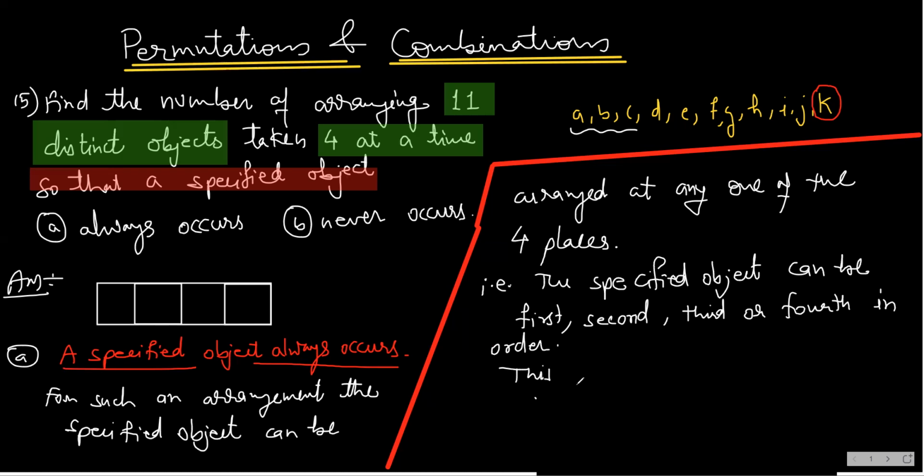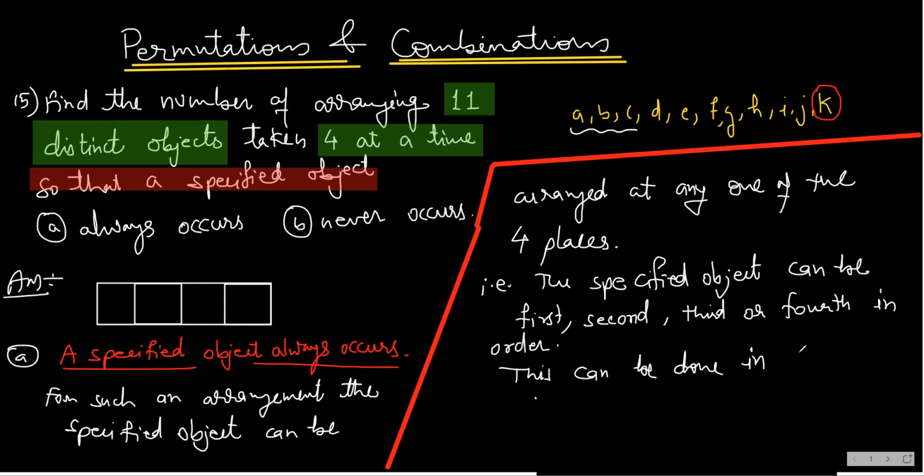The specified object can come here, and the remaining 10 will be arranged here. The specified can come here, second, it can come here, third, it can come here, fourth, it can come. So I will write this can be done